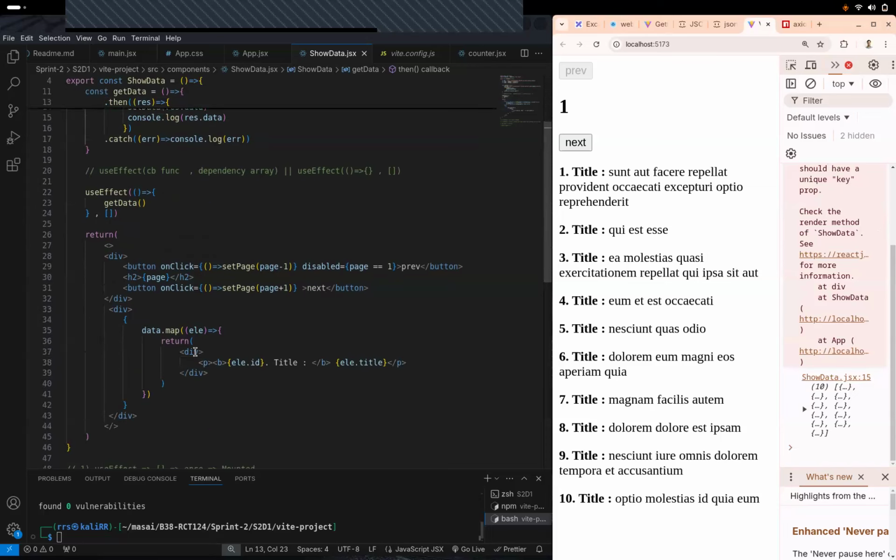If this useEffect has some value in the dependency array, and what are these values? These values are the states. Once the state changes, you want to run this useEffect, so put that in the dependency array. Everyone clear? So this is just the basic functionality of useEffect. We just do this much, nothing more. Any doubts? No? And can you see how easy it is now to create pagination?